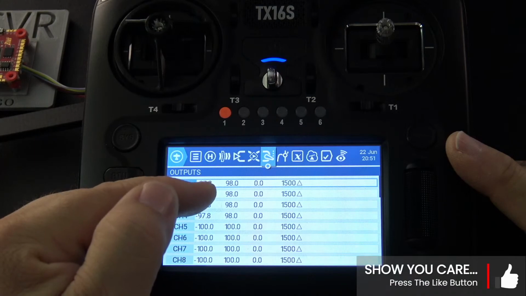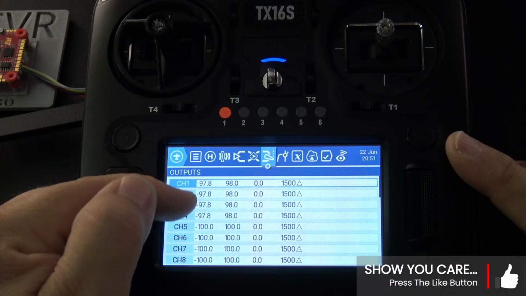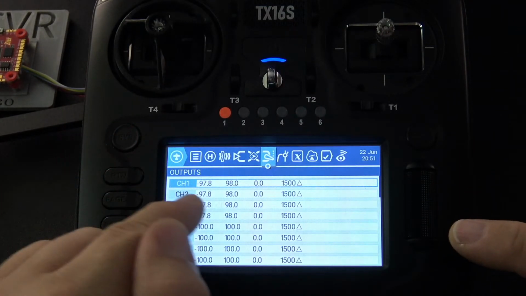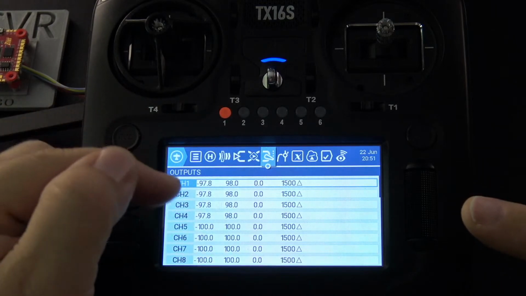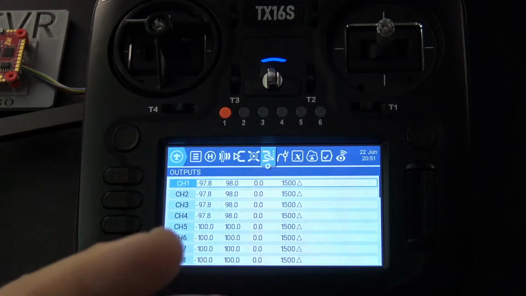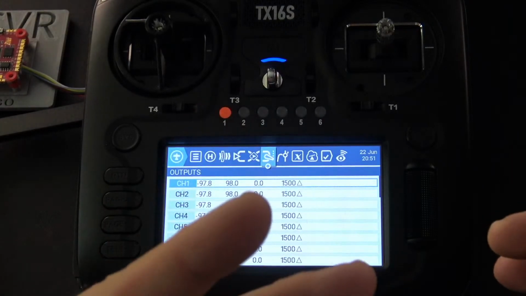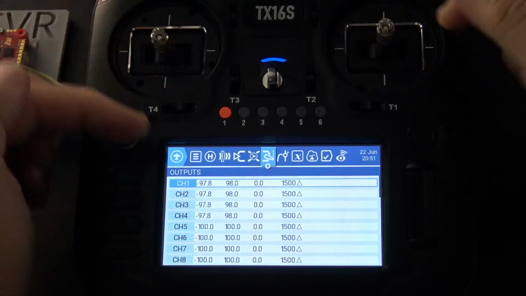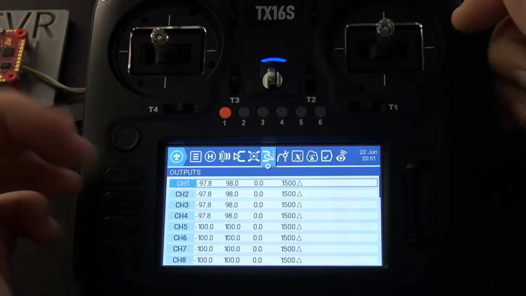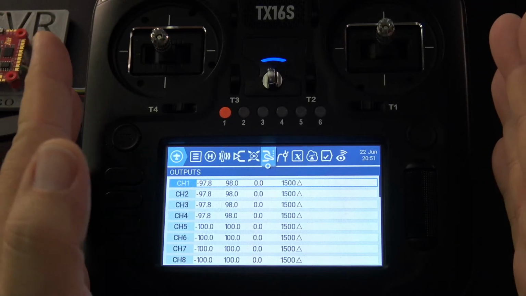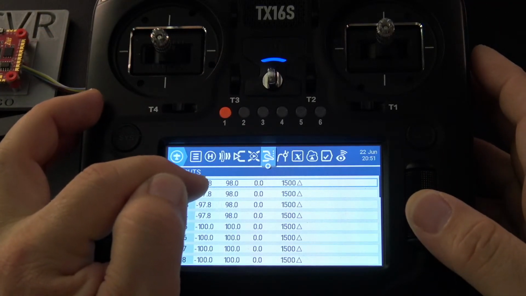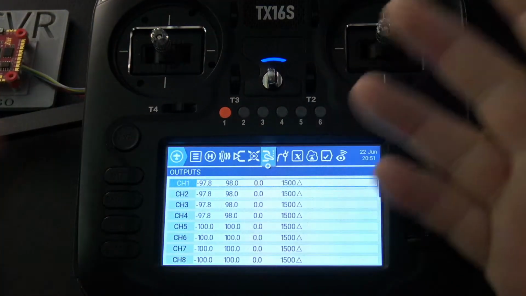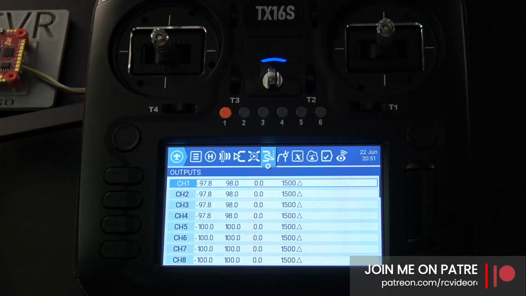If you've ever had to go in and configure Betaflight and reduce your min and your max, you know that the way you do that is you click on this thing, you edit it, you scroll this one down, you scroll this one up, and then you hit escape and you go down to this line and do it all over. I said, is there a way we could at least just repeat it for the 4 primary channels? Because in Betaflight and iNav, in my experience, it's always the same. So if we have 1,000 on the low end and 2,000 on the high end, 1,500 in the middle, and we have to adjust these outputs, is there any way we could just say, hey, for channels 1 through 4, set it at negative 97 and 98, right? Can we do that? So I've made that request.